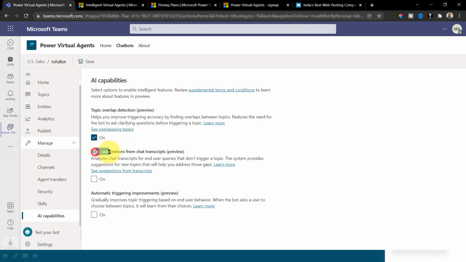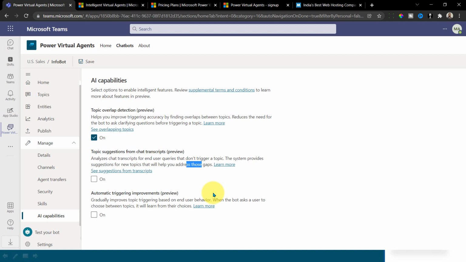Now, topic suggestions from the chat transcript: analyze chat transcripts for end user queries that don't trigger a topic. The system provides suggestions for a new topic that will help you address those gaps. This is also an important thing.